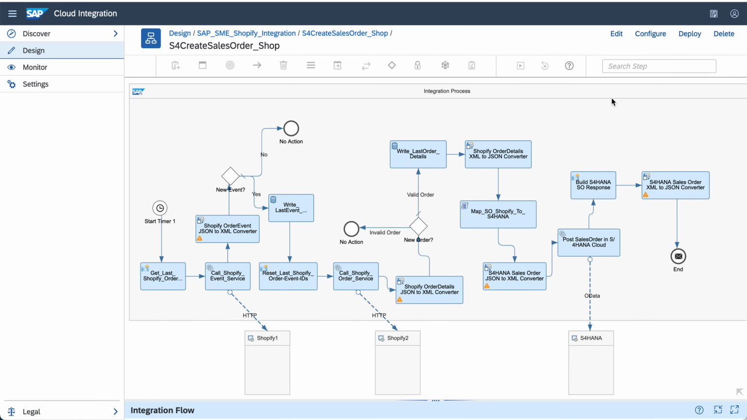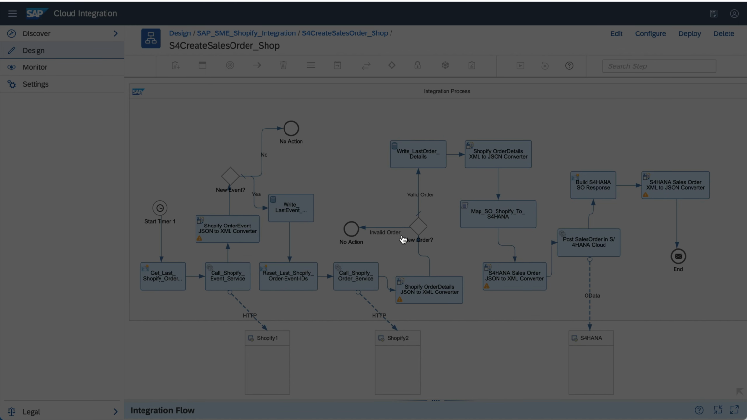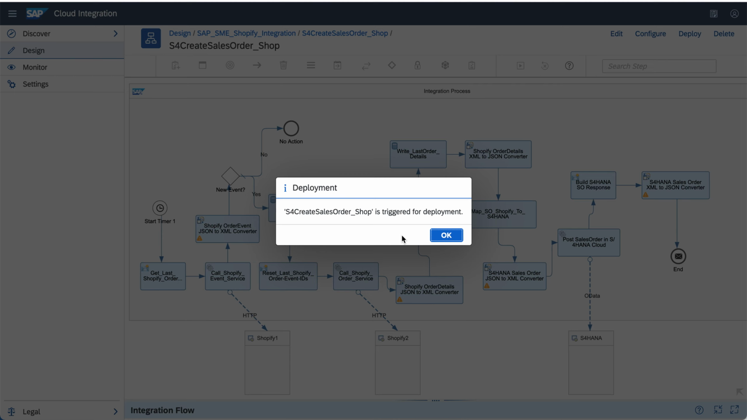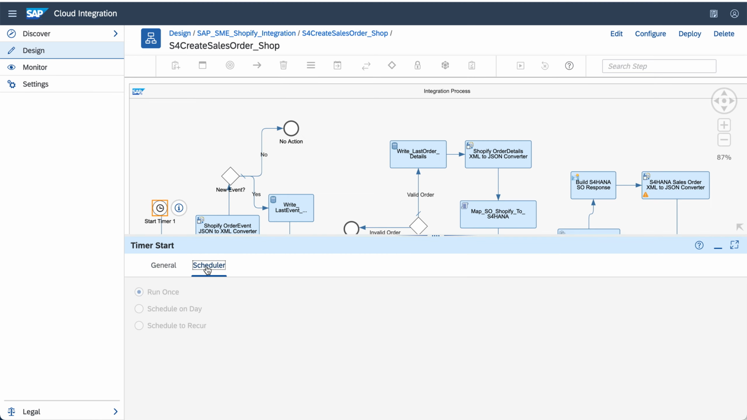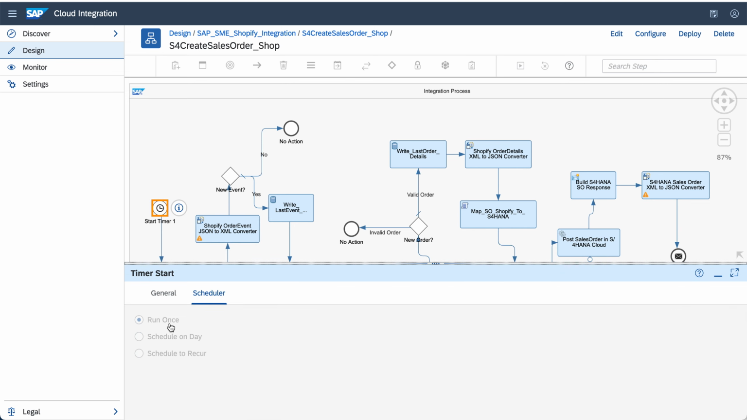I'll go back to the SAP Integration Suite and deploy this integration scenario between Shopify and S/4HANA Cloud once. Once it's deployed successfully, it will run also once, because as you can see here from the timer configuration information, it's scheduled to run only once. So now that the scenario has been activated for running once, we should expect to see the result in the S/4HANA Cloud